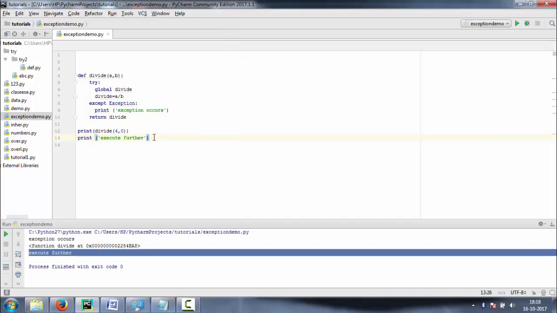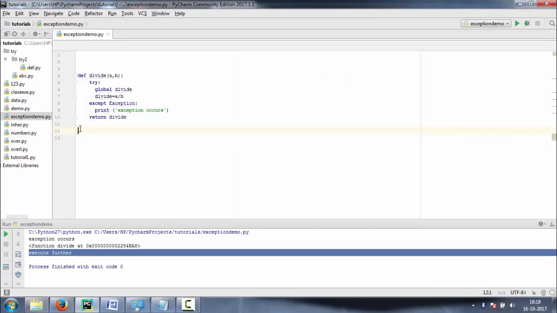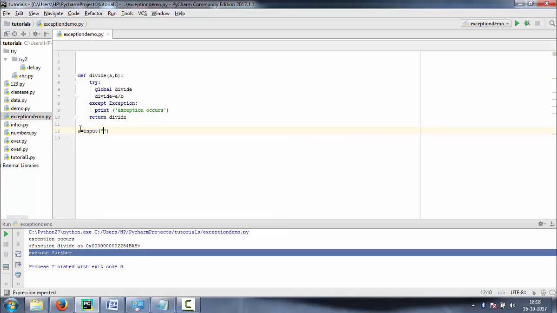For example, I am taking these values from the user. I write a is equal to input, pass the first value, taken from the user, or we can say the numerator.